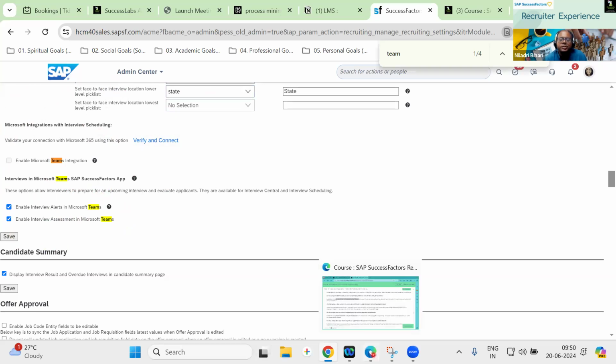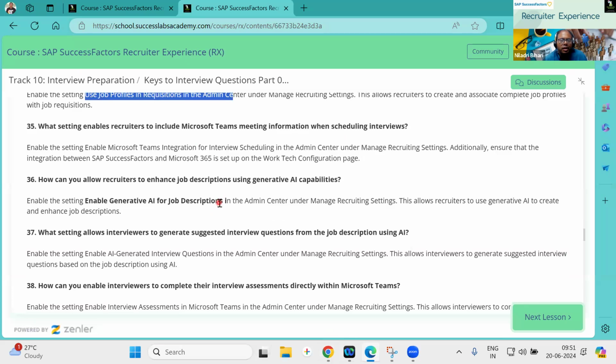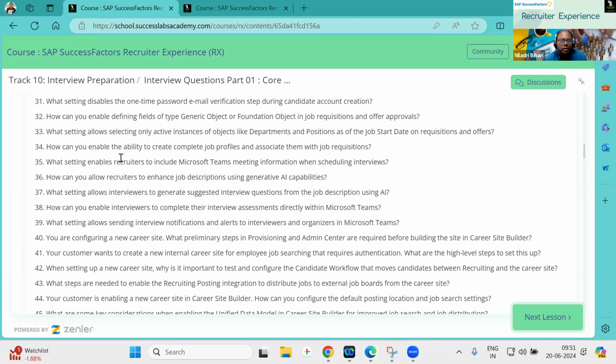So that is another question which I thought of, a very important, recent one. The same question is also there for the next one. Question number 35 is also a very similar line: how can you enable Microsoft Teams for scheduling interviews?